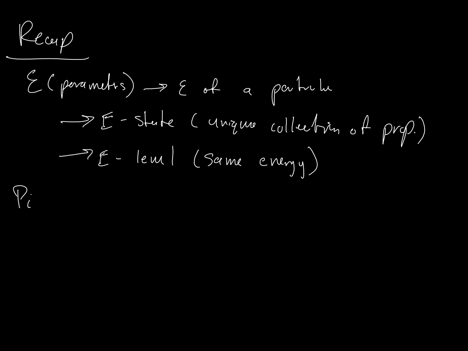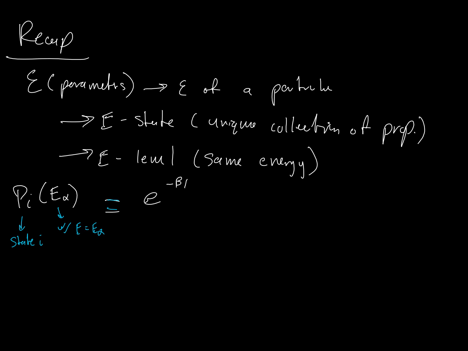We also wrote what the probability, in this case P of i, corresponds to state i with energy equal to E alpha, right? So this is a unique state. A particle in a very specific configuration with a very specific energy. What is the probability that we're going to find it in that condition? And to evaluate that,